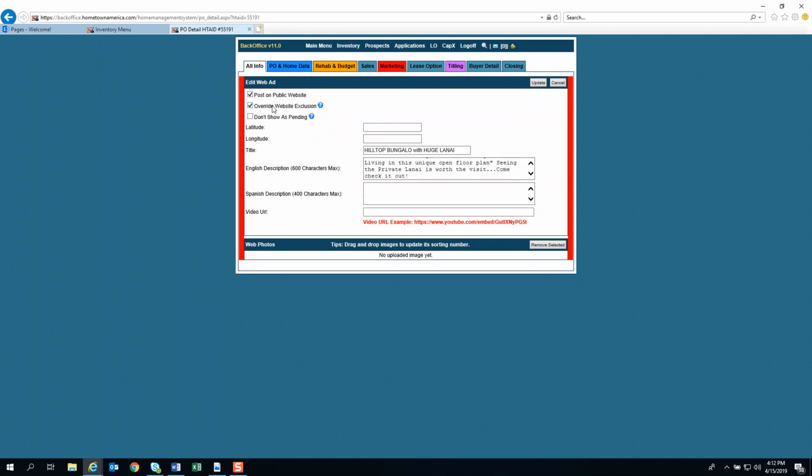Right here, Override Website Exclusion. It's being excluded from the website because the checklist has not been complete. By selecting this box, you override that function. Okay, now you're ready. Click Update,